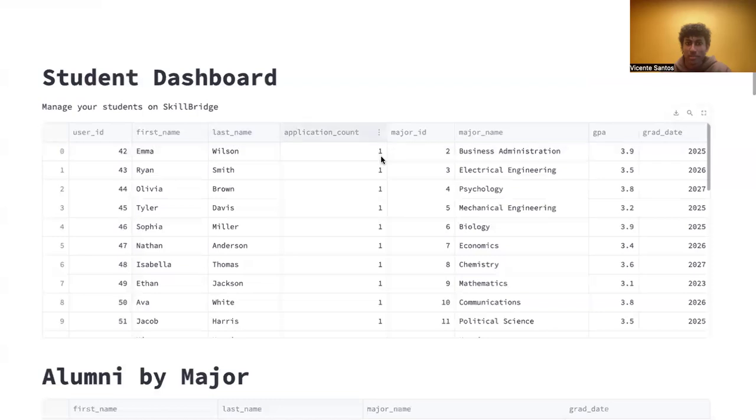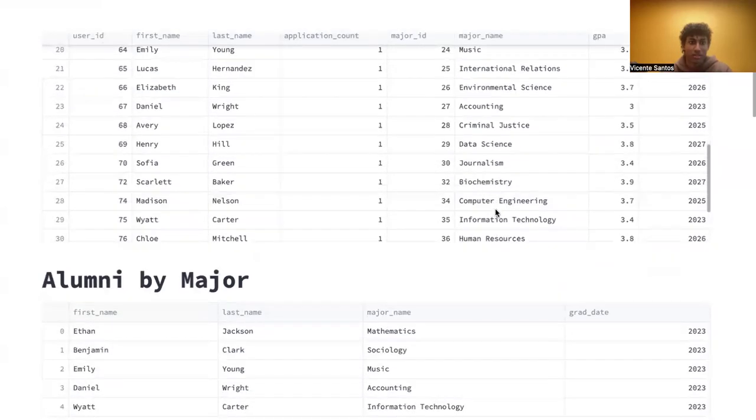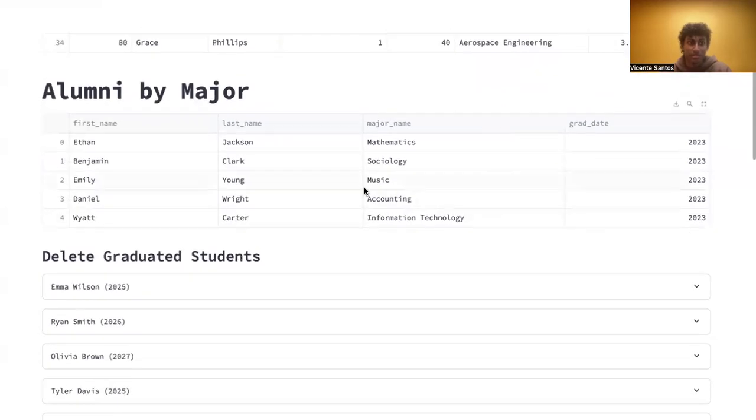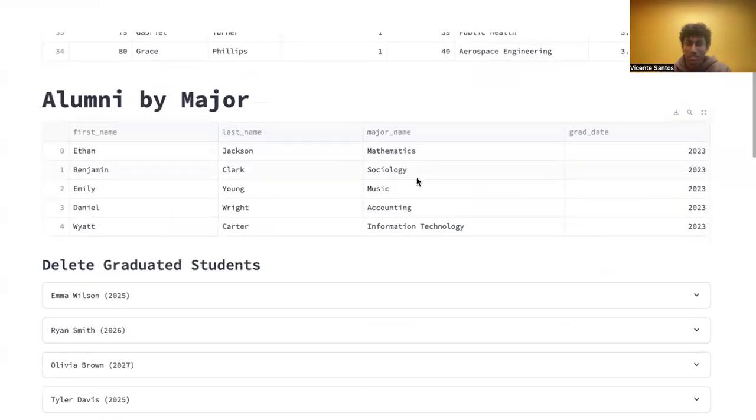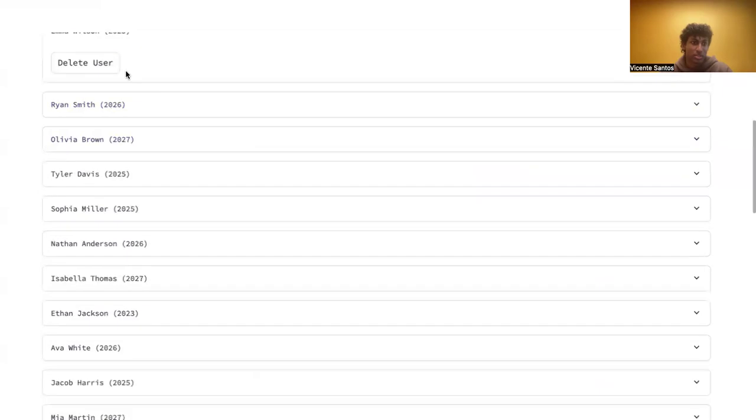So the first thing we have is the student dashboard, and you can see the student name, the application count, the major, and the graduation date for all the students that that specific advisor is managing. Next is the alumni by major. So all the students who opt in to be an alumni to help students out with this process will be listed here. And then below that is all the students, and then you can go through and delete them if